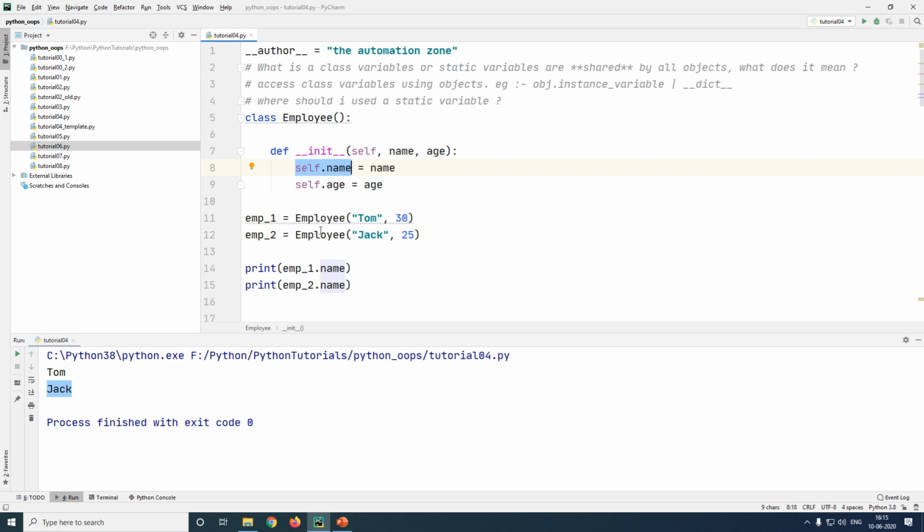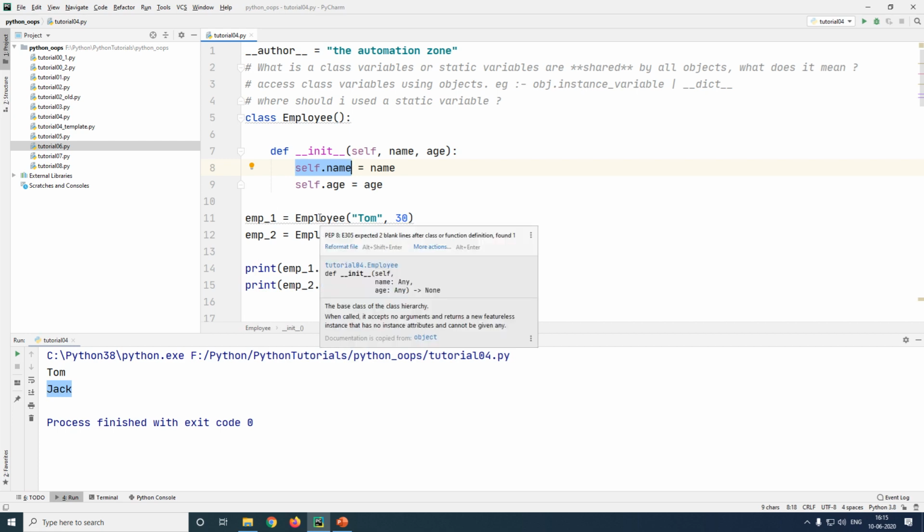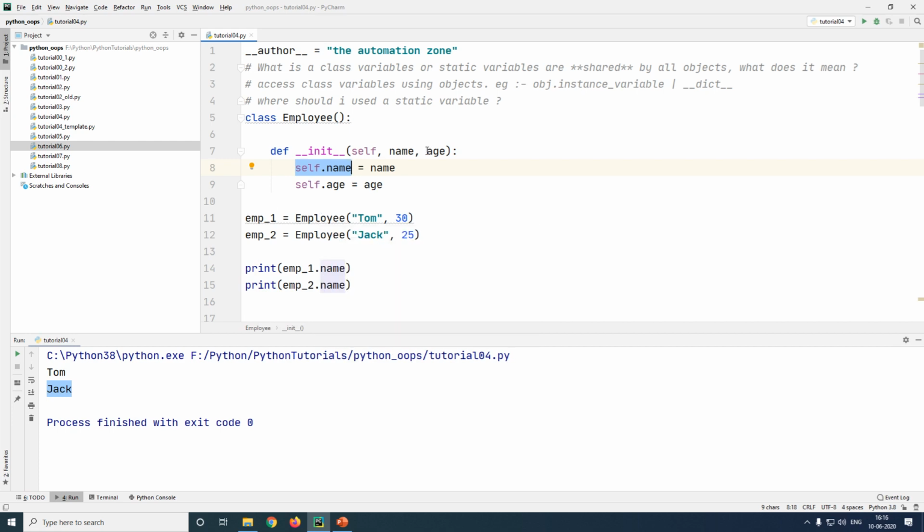Would it not make sense that you create a variable which is shared by all of your objects? In this case, if you have attributes which need to be shared or which are common among all of your objects, if you have attributes which are specific to the class rather than the objects of your class, I prefer that you create class variables, also called static variables.